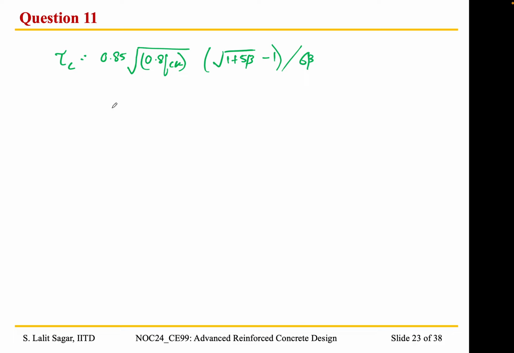Okay, so we have beta, there are two values, 0.8 FCK by 6.89 PT, and 1. So we need to consider whichever is higher between these two values. So when we plug the values, we get the value of tau c as 0.70 MPa,